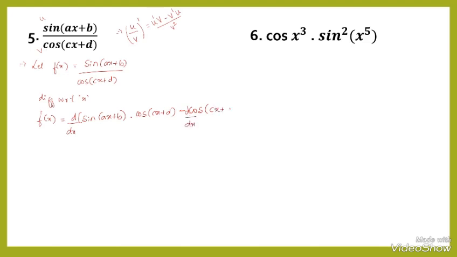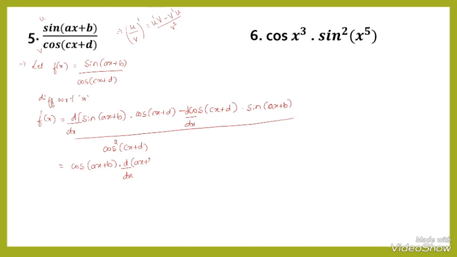into constant as the sine of ax plus b, whole divided by v square, that is cos square of cx plus d. Now I can solve here. Differentiation of sine function, that is cos. Differentiation of sine will be cos of ax plus b. In place of x we have ax plus b. That's why I will differentiate again